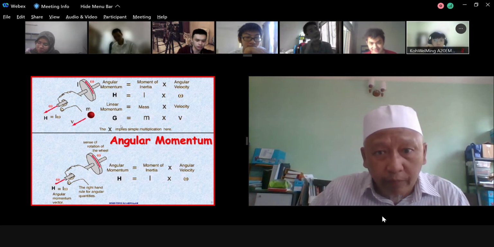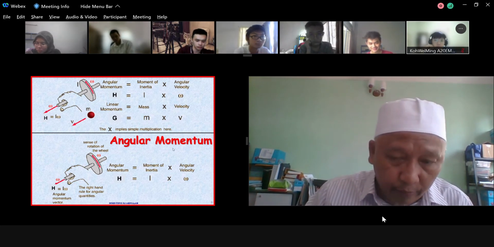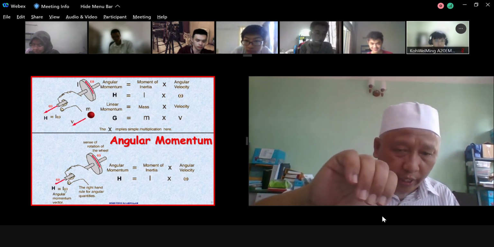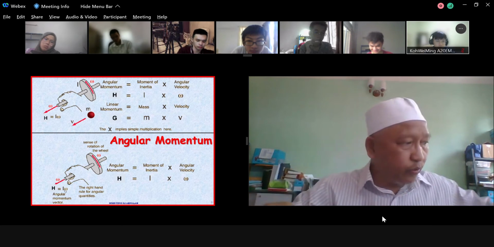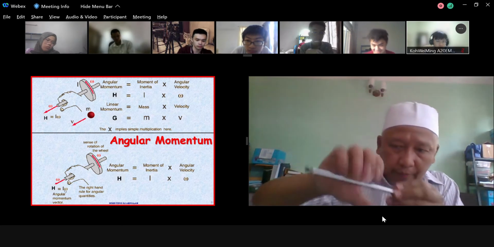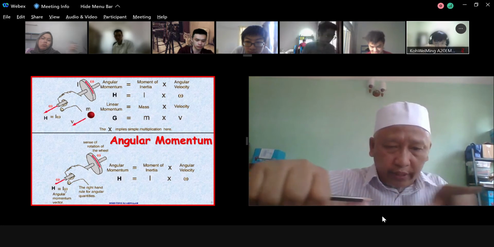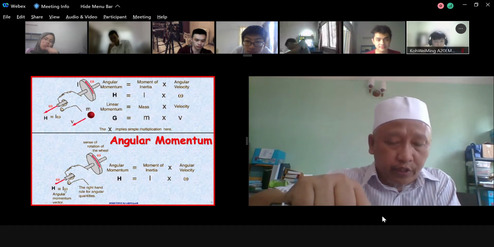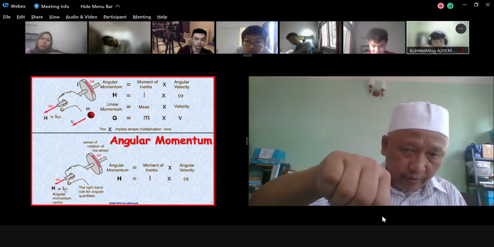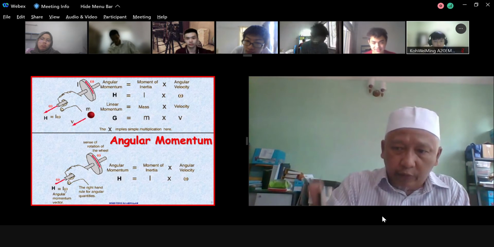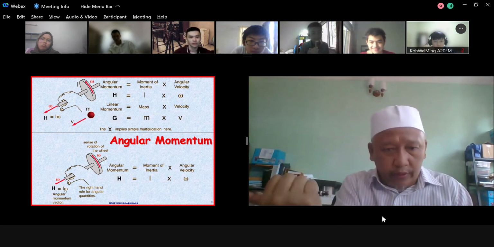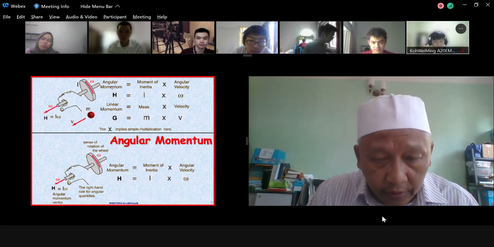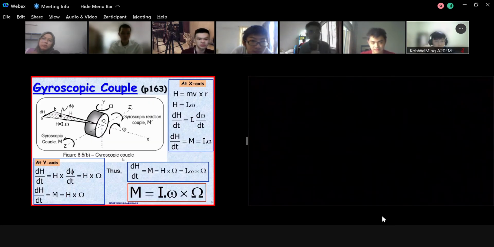When we are talking about angular momentum, look at the I and W. You put your hand on the shaft. You hold the shaft. It's better if you have a pen. You hold the pen, then it's easy for you. You know that the pen will be pointing that way. So the pointer or the pen will be pointing at what we call the direction of vector. This one will be the direction of rotation. If you pull the other way, it will be pointing upward. You pull the other way, pointing downward. So that is the thumb rule for angular momentum. Okay, so this is the equation now.